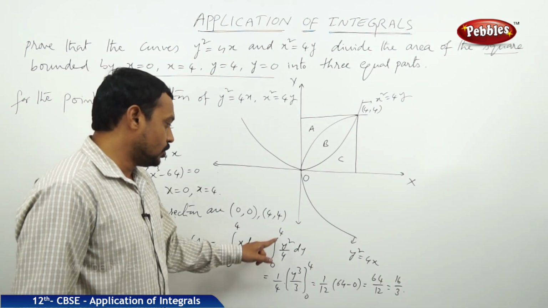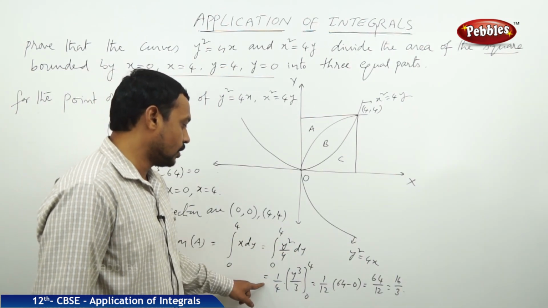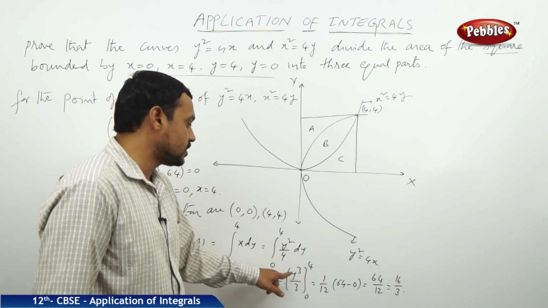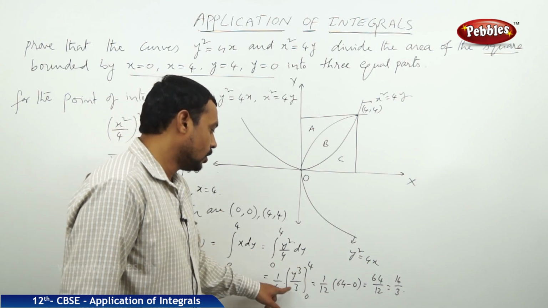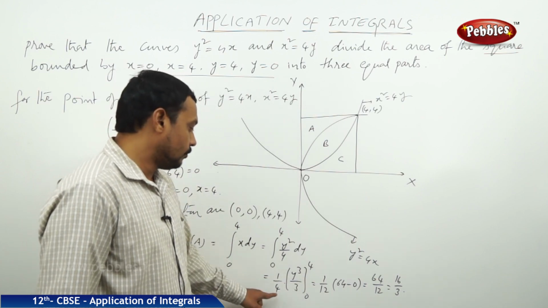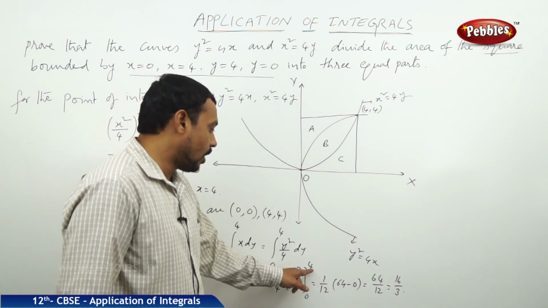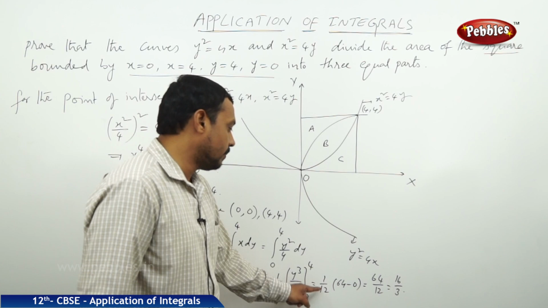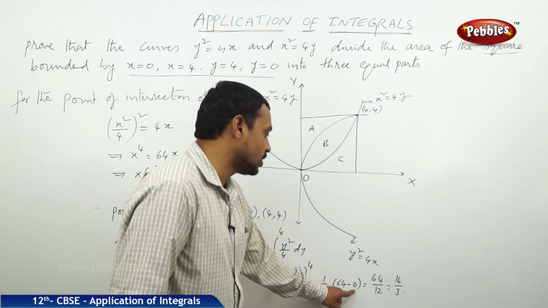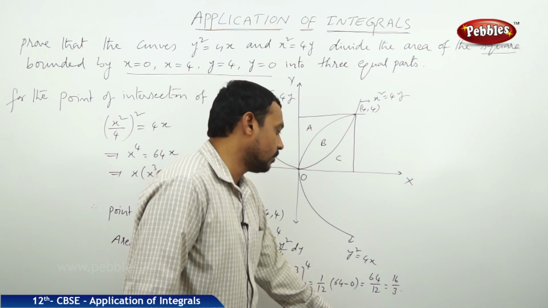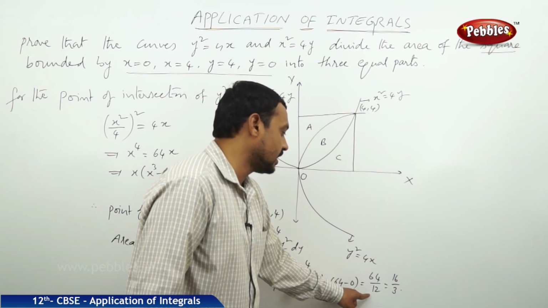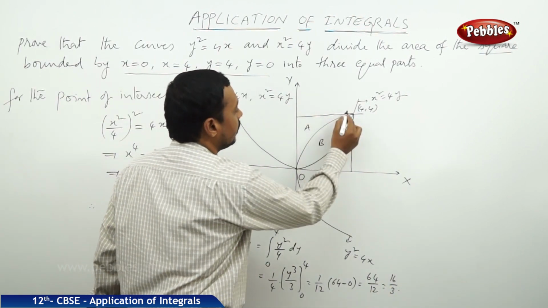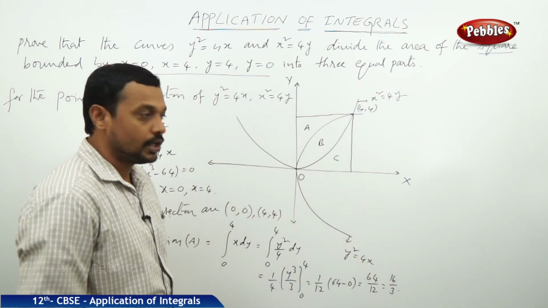Similarly, integral 0 to 4 y square by 4 dy is equal to, now integrate this function, 1 by 4 into integral of y square is equal to y cube by 3 under the limits 0 to 4. Now 1 by 4 into 1 by 3 equal to 1 by 12 into, now upper limit substitution, that is 4 cube minus lower limit substitution 0 cube, that is 1 by 12 into 4 cube is equal to 64 minus 0, that is 64 by 12. Now here 4 table gets cancelled. 4 table here 16 times, here it is 3 times, 16 by 3. Therefore, the area of the region A is equal to 16 by 3 square units.